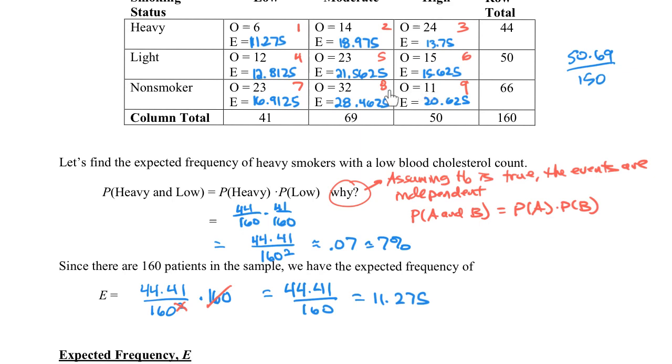And then some are not so close. So there's some that are close. This one here is not all that close. This is pretty close, not super close. So the question is, what we have to do is figure out, are these close enough? We're supposed to get 23 here. We're supposed to get about 21 or 22, right? 21.5625. So we should expect to see 21 or 22 patients in this category. We found 23. Well, it's a lot like